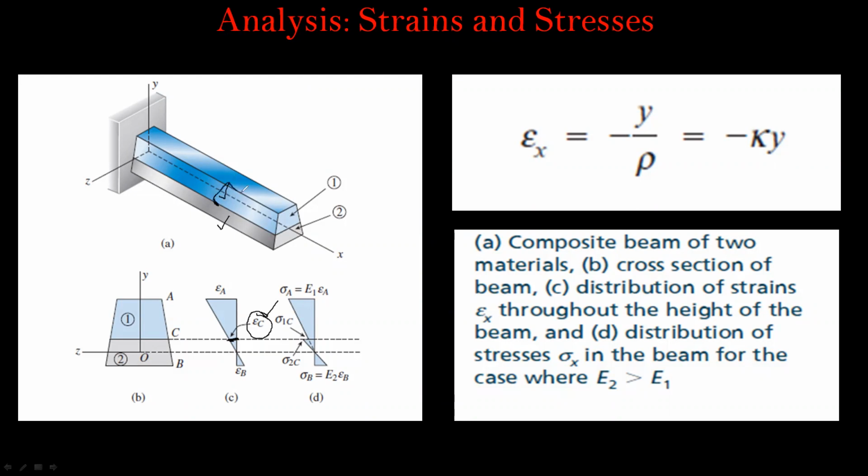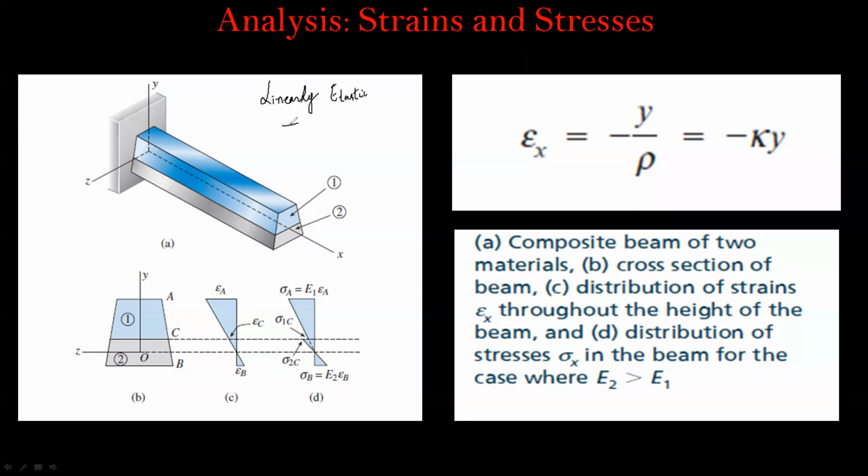So what will this common surface do? This common surface between material 1 and material 2 will undergo some value of the strain, but the value of the strain will be single. A material cannot have two values of the strain. So the strain at the intersecting surface between material 1 and material 2 is the same, that is epsilon c. Now, if you look at the values of the stress, if the material behaves as a linear material, if it obeys Hooke's law, if the material is linearly elastic,